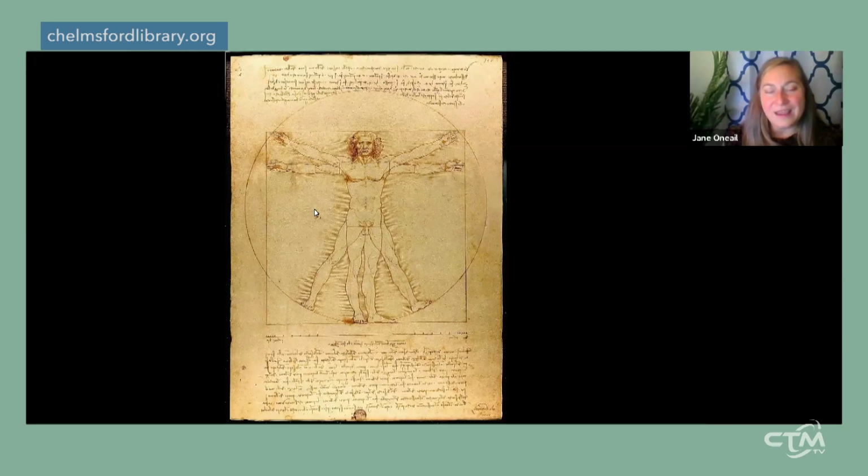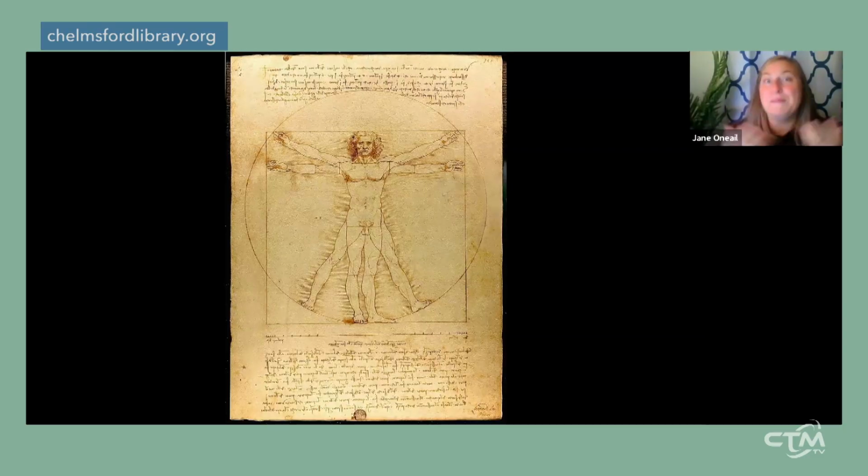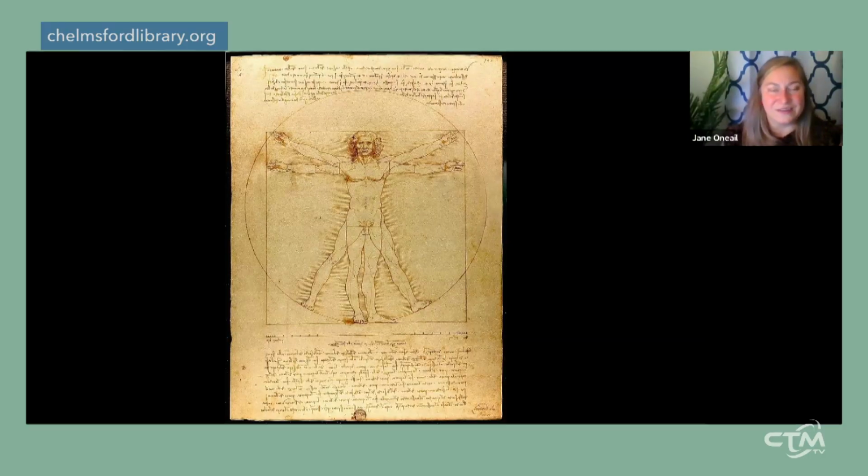So the reason why this is called the Vitruvian Man is that Leonardo was exploring ideas from an ancient architect and an ancient philosopher named Vitruvius, who was very interested in aligning human proportions with the proportions of sacred spaces, of temples. And so we of course know that the Renaissance was a time of rebirth. It was the rebirth of classical thinking. And so Leonardo is reviving this interest in the perfection of the human form and its alignment with these perfect geometries. So there's a lot more to say about this, but in the interest of time, I will just say,